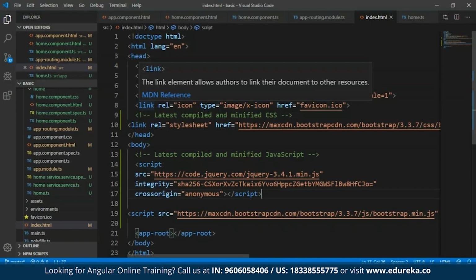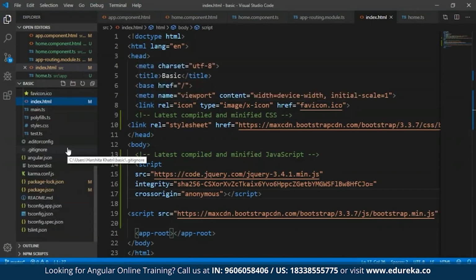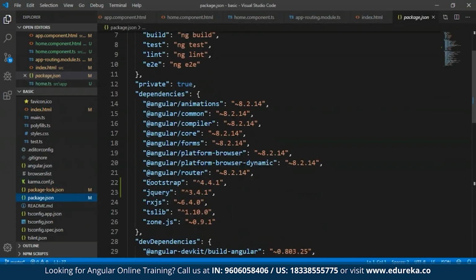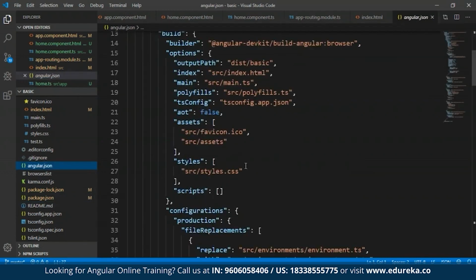Now let's get back to Visual Studio. So now let me just open the package.json file. So as you can see over here, both Bootstrap and jQuery have been installed. Now since we want to load this CSS and JavaScript globally, we should specify the path of this within the angular.json file. So what I'm going to do is just open up the angular.json file and move on to styles